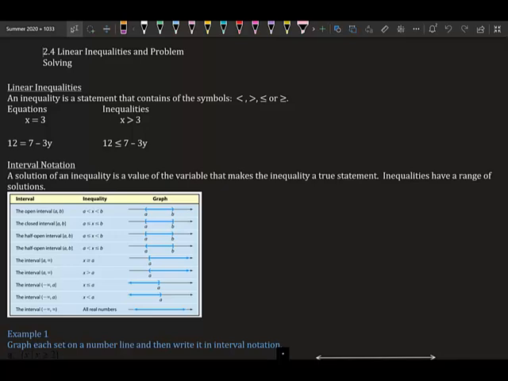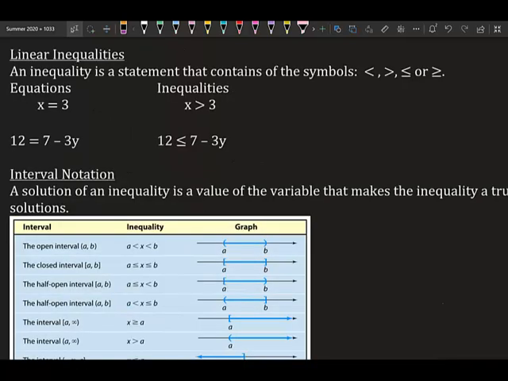2.4, linear inequalities and problem solving. So linear inequalities. An inequality is a statement that contains one of those symbols. The difference between an equation and an inequality is that an equation has an equal sign. So when you see equal, you say equation. An inequality has an inequality sign, or I like to say arrow because they kind of look like an arrow,